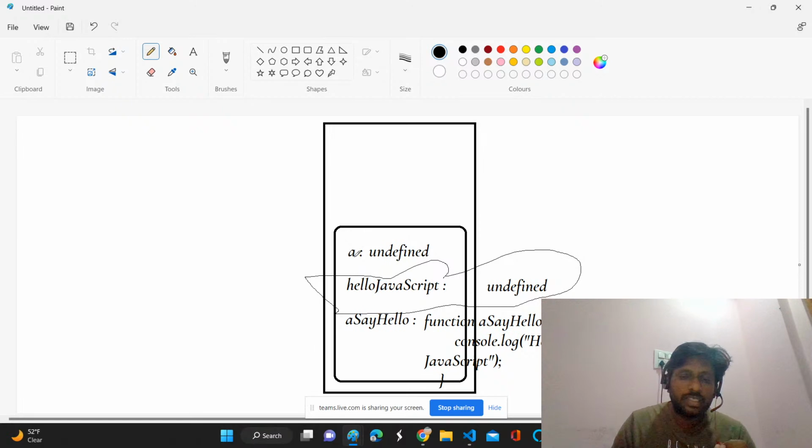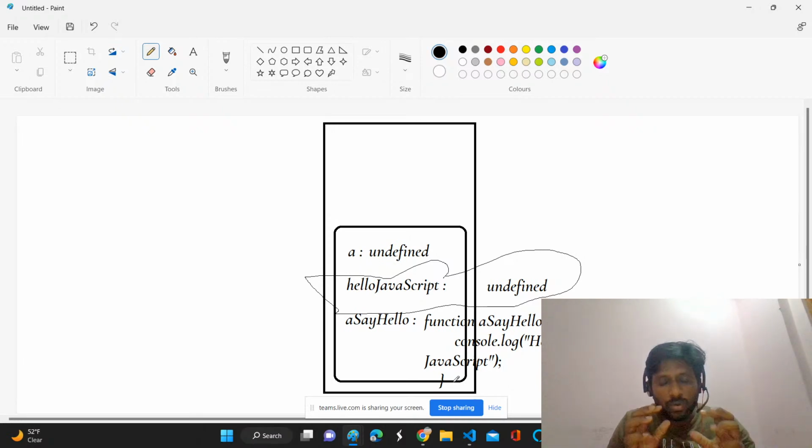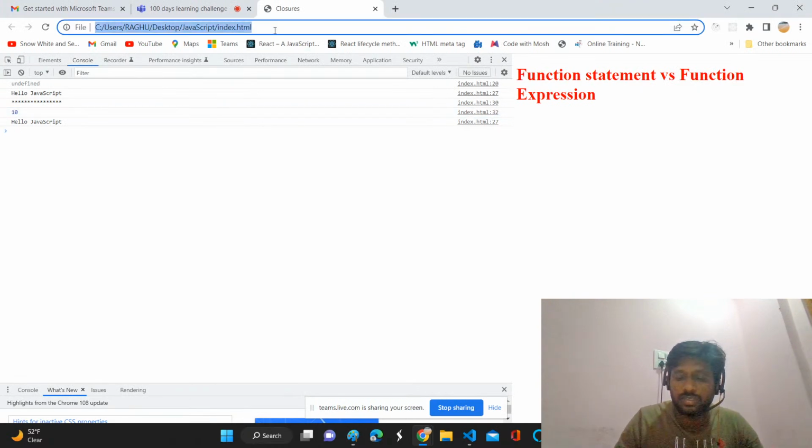So how we are dealing with variables a and b and c and all those things, whether it is a number, a string, an array, an object, or a function, doesn't matter. In the memory allocation phase, if you are using it as a variable, it will allocate only undefined. For the function statements only, it will hold the function definition in the memory allocation phase itself. This is the most important thing we should observe in JavaScript. Now just go back in the browser and let's see whether it is true or not. So just refresh the code and